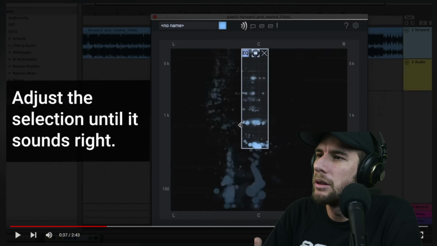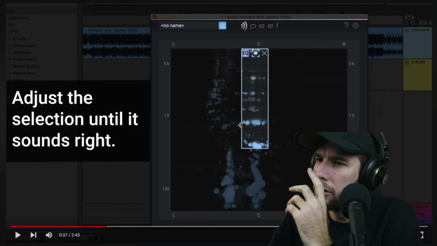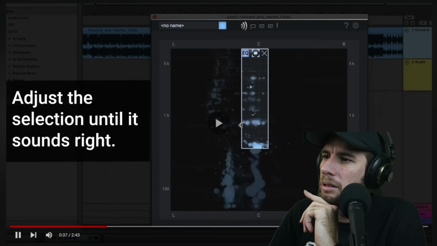Even with it mixed like this, you can still hear the drums in the background, so it doesn't do the best job at isolating things. I do think there could be potential use cases for this, like maybe where you don't have the stems for a track, if someone wants an adjustment to something, maybe they want reverb on one instrument in the mix or something of the sort. I guess I could see where it could be useful in that sort of instance, but it's not what they make it out to be, essentially, is what I'm getting at here.